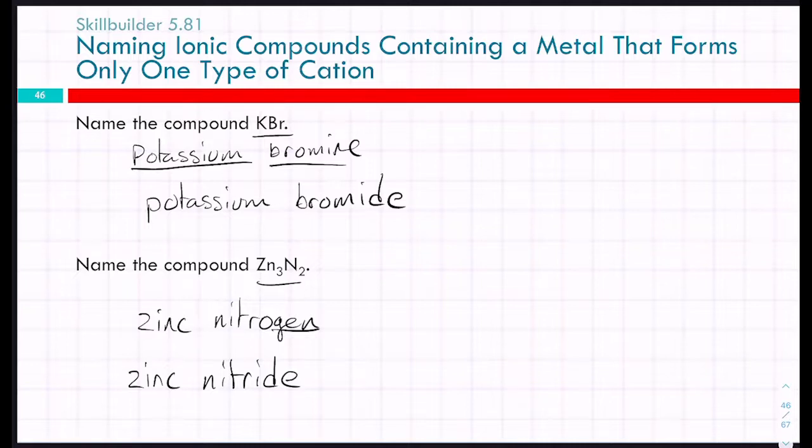So then if we wanted to go back from this name to the compound, you'd say, well, we have zinc and we have nitrogen. We say, well, zinc forms just one charge, it's 2 plus. Nitrogen also forms one charge. It's not one of the ones I have you remember, but nitrogen is in 15 or 5A. So we do the 5A minus 8, which I think we'll get to later. That's minus 3, or 3 minus. So after doing the crisscross method,